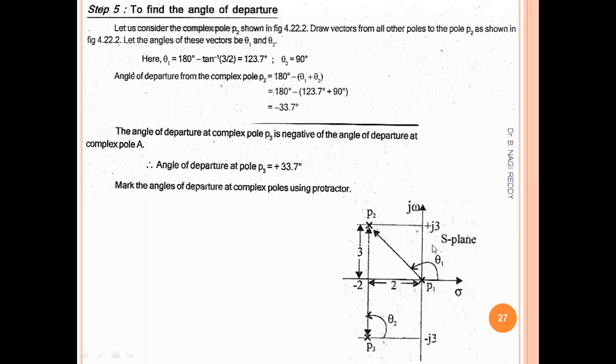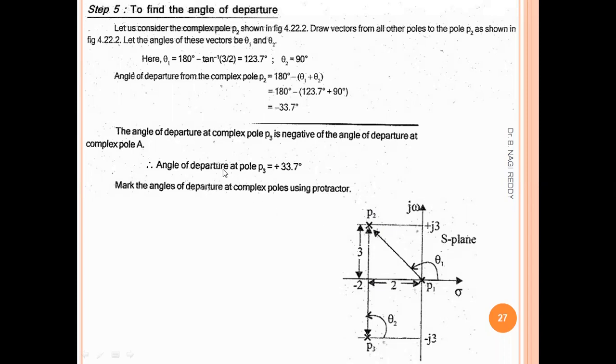So you have to calculate that angle. Theta 1 is the angle that P1 is making with P2. Similarly, P3 and P2 are complex conjugate poles, exactly mirror images, so the angle is 90 degrees. Theta 2 is 90. You can see here, exactly a right angle triangle. So theta 2 will be 90, and you should calculate theta 1. Theta 1 will be calculated by the tan inverse of y by x. Here y is plus 3j and x is 2. We have marked P2: on the x-axis it is 2, on the y-axis it is 3.